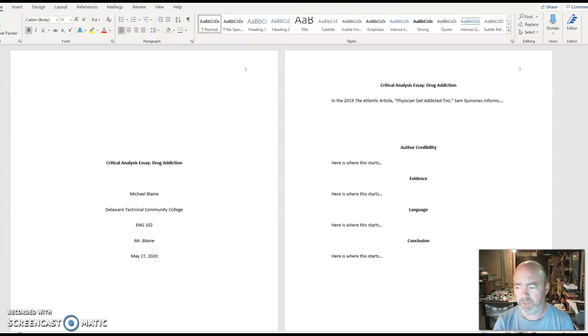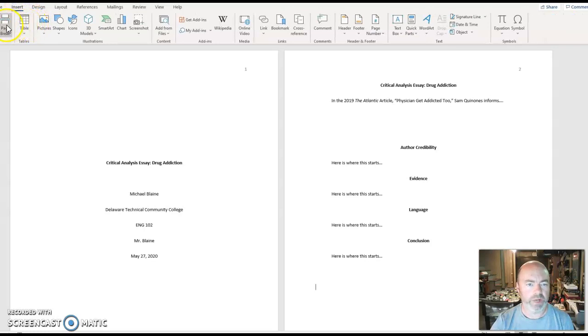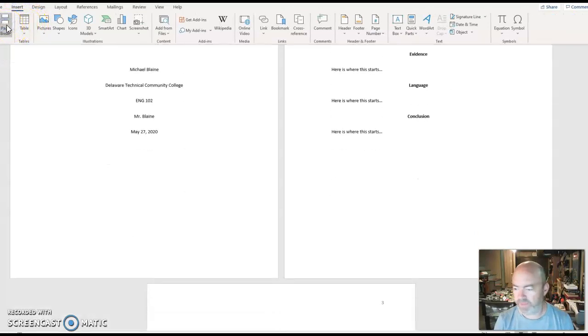It's not going to be terribly long, but it can be more than 1 page. So I want to make sure that whatever I add or subtract always stays there. I don't want it to move anything else. So remember what I told you. Anytime you feel like you have a section that you want to be left alone, you're going to insert, and you're going to hit page break. And then no matter what I do, add or subtract to that middle part, it will always be by itself,